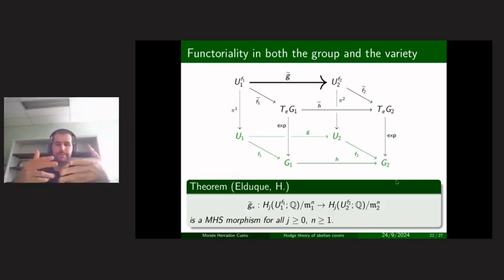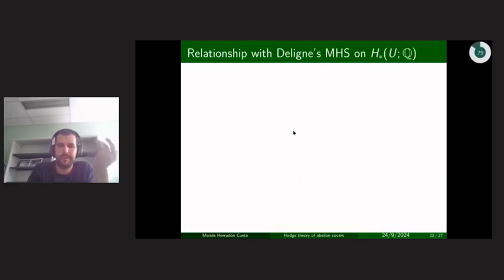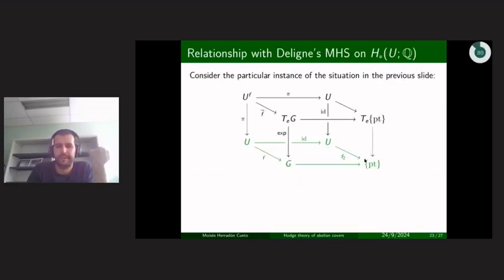So there are 4 things here and a lot of maps to change around. So I'm just going to take G2 and make it the trivial group, and take both varieties and make them the same, make them map the identity. So this is the same diagram. The second group is trivial, it's a point. The second variety is the same as the first. And of course, the universal cover of a point is a point.